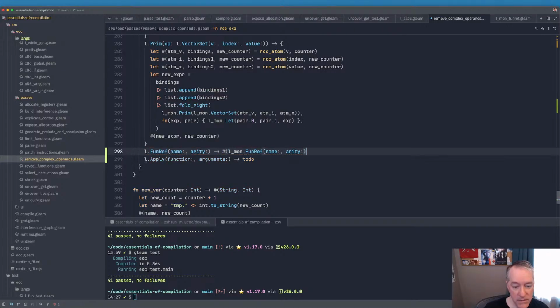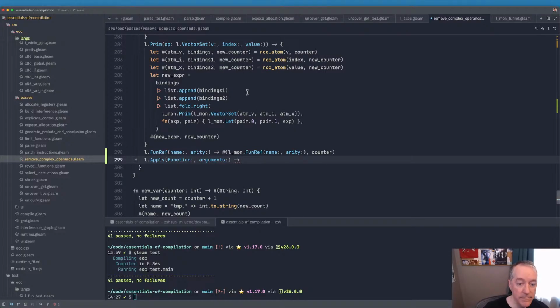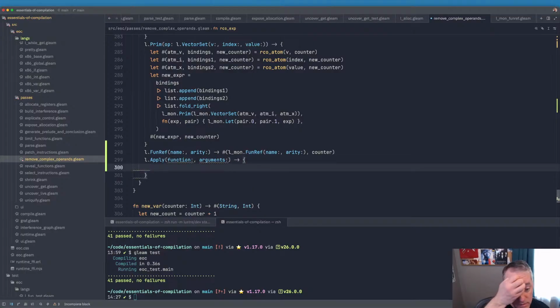And that's just this and counter, because we don't change it. Okay, and then what we're going to do here is, yeah, I'm looking at this and I did something similar here. We just did a bunch of appends. And then you fold right with lets. So here, if we have apply in expression position,